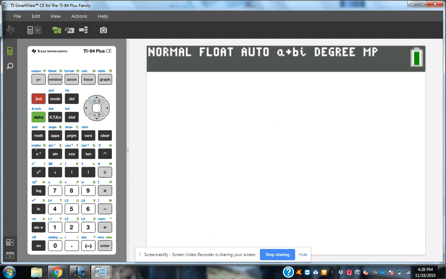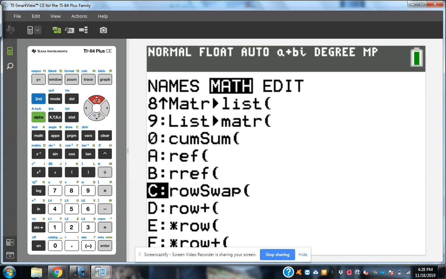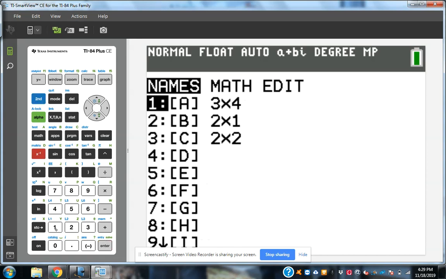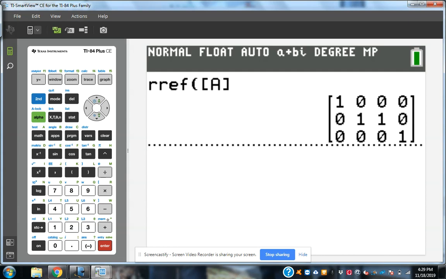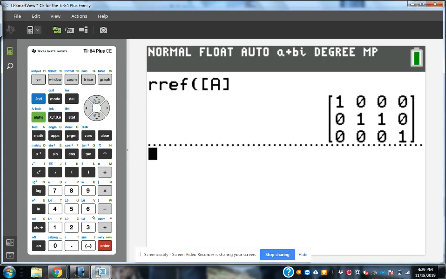And then the second matrix, math. And then the matrix we get back from RREF,